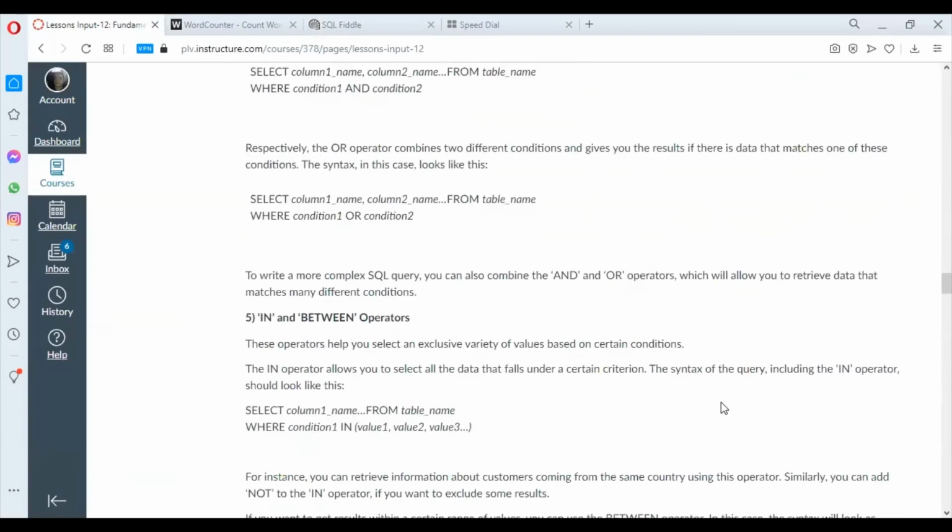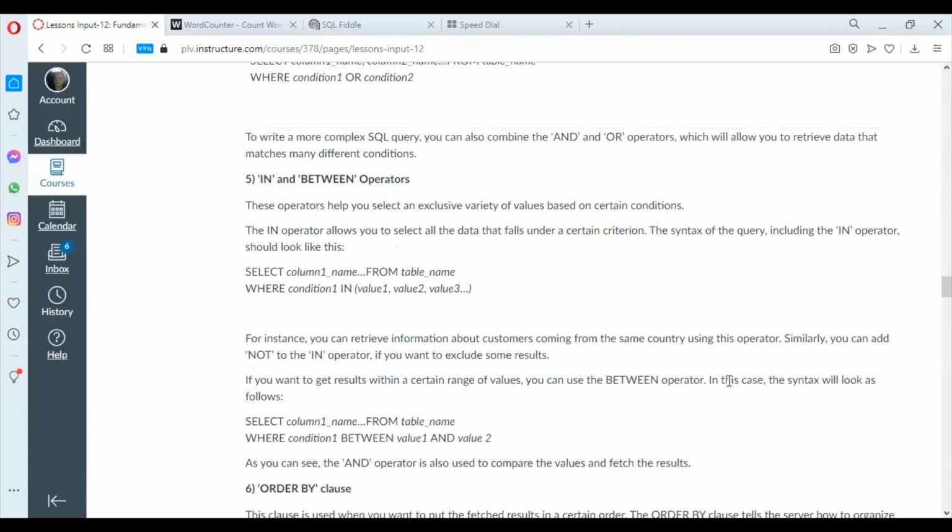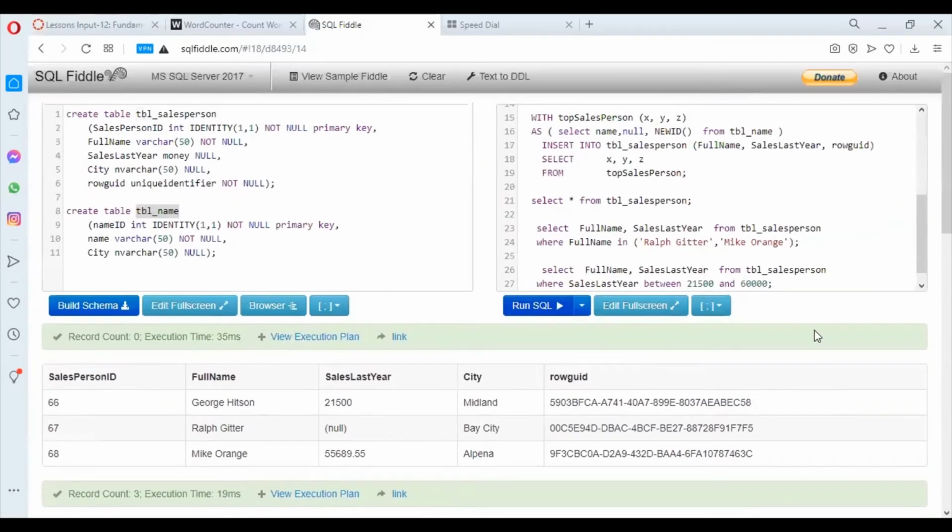We also have the AND and the OR operator. With the AND and the OR operator, for AND both conditions should be true in order for the statement to be executed or to return a value, whereas for OR only one condition should be true. So for example, full name is equal to Ralph Kitter, and